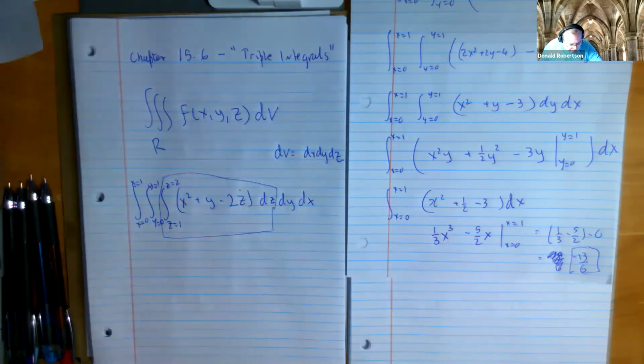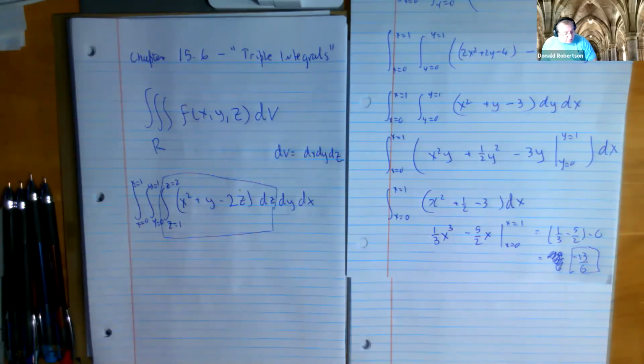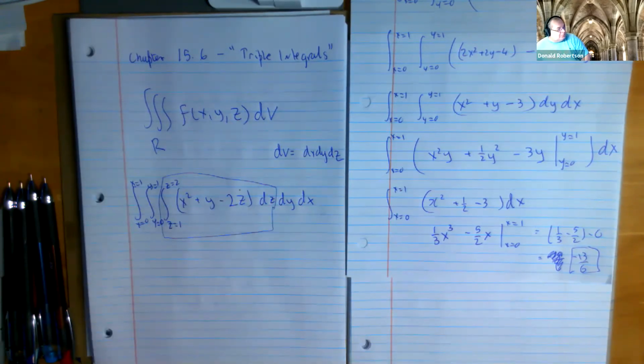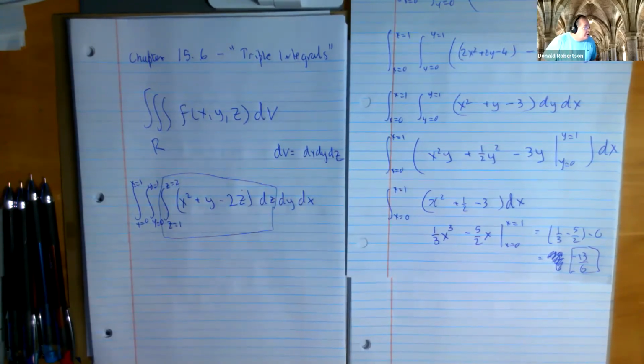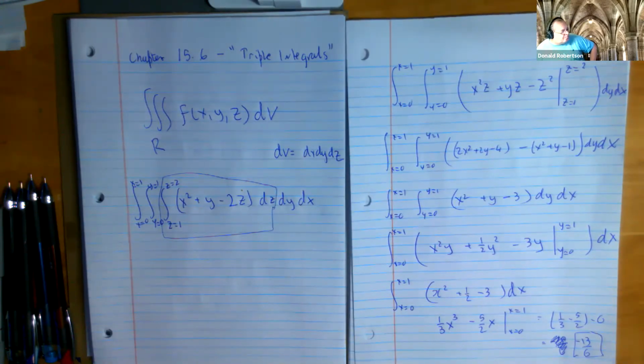Now, you're saying you're confused that a second derivative or a third derivative can generate volume. You mean integral? A triple integral of 1 will generate a volume. A triple integral of just this generates a number that might mean something, but what it means is totally irrelevant to the process. I mean, I don't know what that negative 13/6 is telling me about this, but I still know how to calculate it. Now, maybe somebody who's way into fourth dimensional math might say, that number tells me something. But